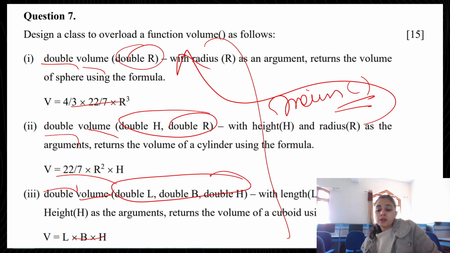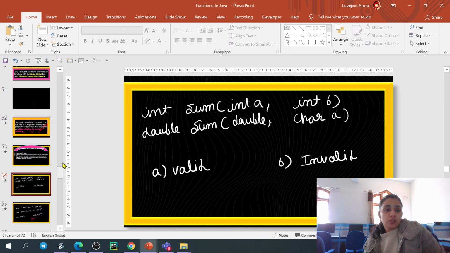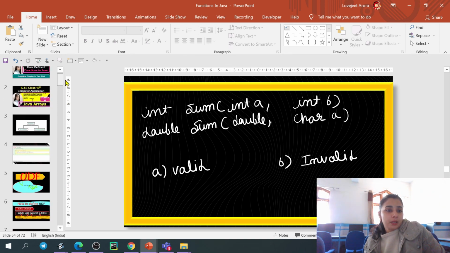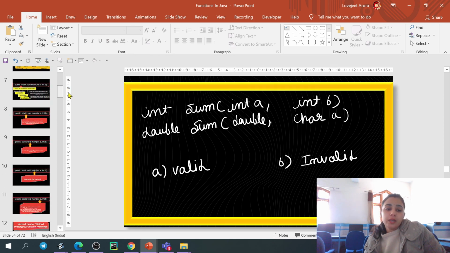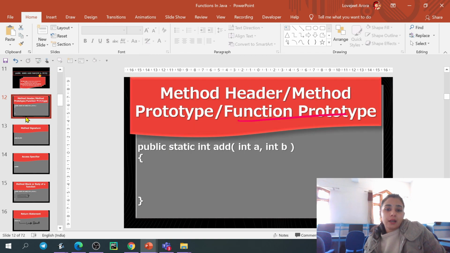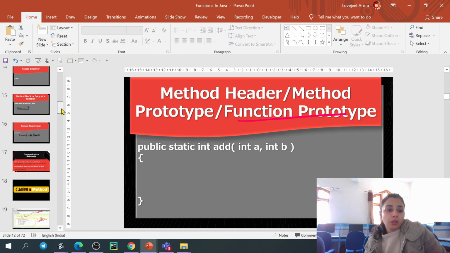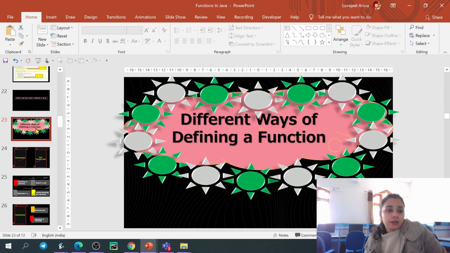So this was our method overloading, or I can say function overloading. I hope you people understood the concept. So now what we have covered in this chapter: actually we have covered all the things, the function, the method, how to call the function, function call, everything we have done.